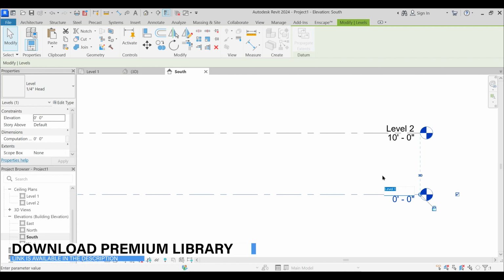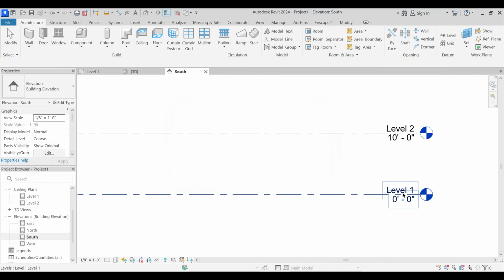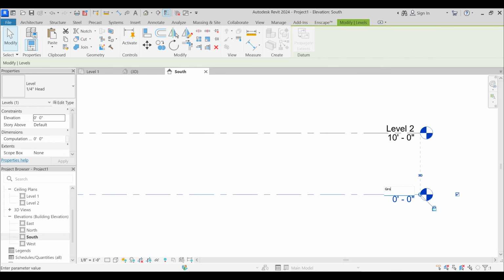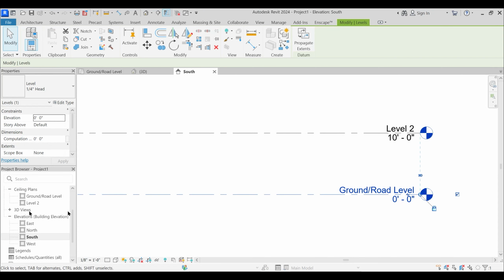So I will just rename this, calling it ground level, or yes, ground or oblique road level. Fine. Yes. Would you like to rename in corresponding views? Yes. So as soon as you rename here, you see that under this project browser, you have these various different